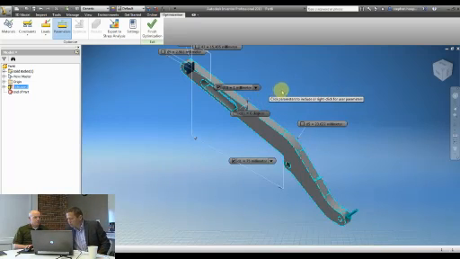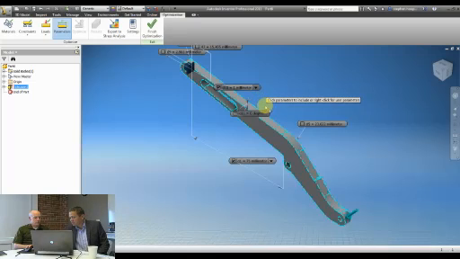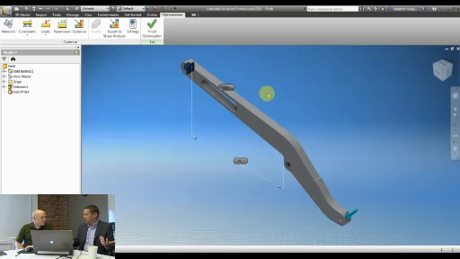Right. But what happens if I start combining that variance with different thicknesses? So if I say, well, it could be 3 millimeters thick, or it could be 5 millimeters thick. So now what we've got are two parameters that each have two variants. So now there are 4 different combinations of linkage that you could have. And you can do 10 and 10, or 100 and 100, and you very quickly get a lot of optimization.